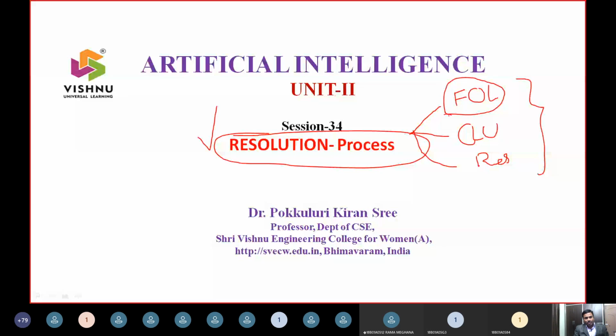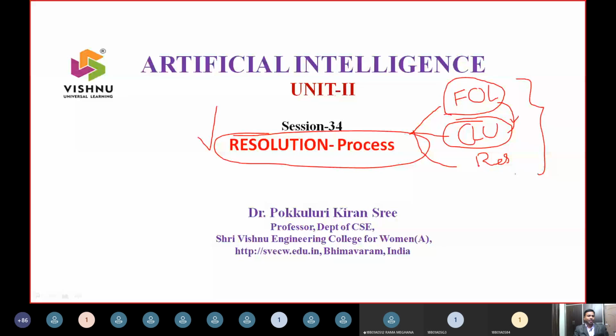The other question they ask from this topic that we are discussing for 6 to 7 classes is how do you convert the first order logic into clause form. Many times this question is asked for more than 8 marks. Obviously they give it in a combination like 12 and 4 or something like that. So how you convert first order logic into clause form is very important, and then how you apply the resolution.